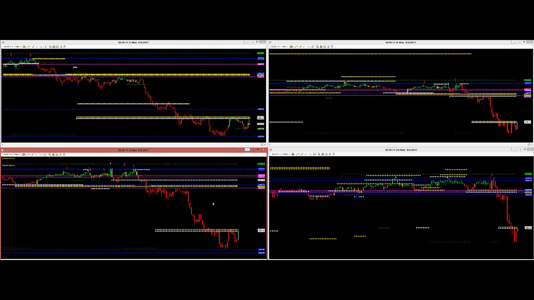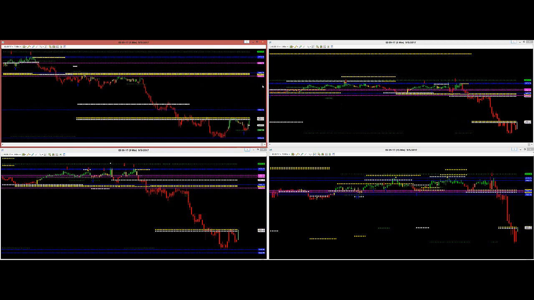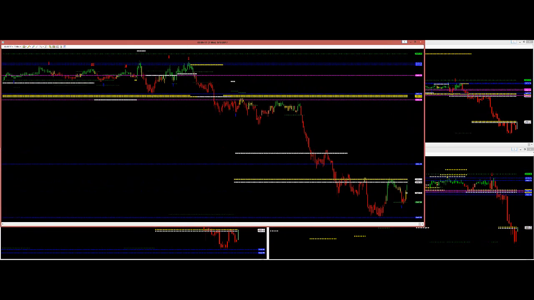So if you want to see now, here on the ES 1 minute, you can see the accuracy on that. On the ES, those arrows come with the system, and you can see how accurate they are. Let me go ahead and make every chart a bit bigger. And for the last 20 years,